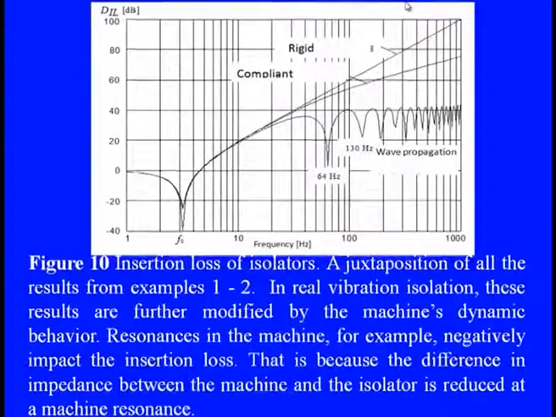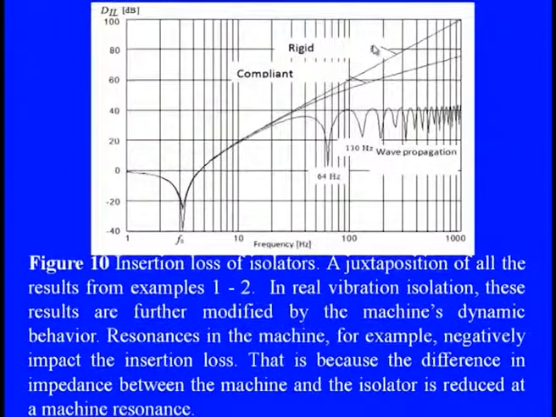Resonance in the machine, for example, has a negative impact on the insertion losses, because the difference in impedance between the machine and isolator is always reduced with the machine resonances. So at the lower frequencies the insertion losses come down at the exciting frequencies, and then at the higher harmonic frequencies it is increasingly